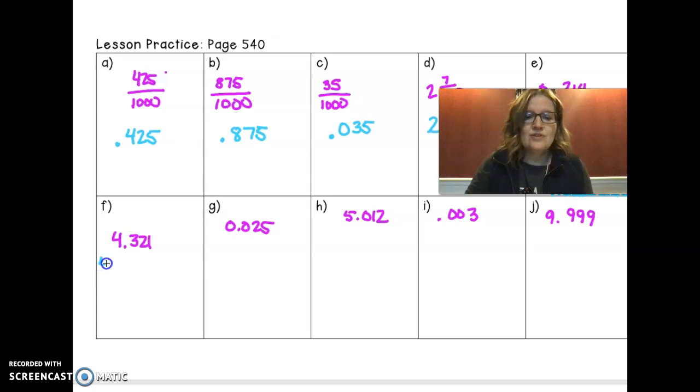Let's see, they want us to do a fraction. That's 321 thousandths. Remember, we have our 3 zeros. Now I'm going to write this. 4. And I'm abbreviating for space, guys. 4 and